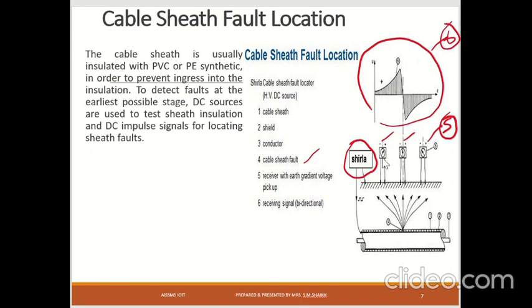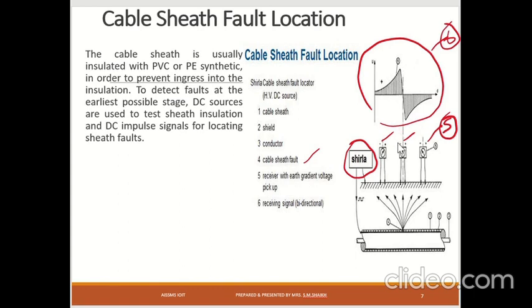So this is also very well depicted by the bidirectional signal over here. So this depicts exactly how these receivers are getting the signal. So this is the voltage signal over here, and this is the distance on the x-axis. So if you see, the voltage signal goes on increasing where the fault is there. So where there is a fault, where the sheath is broken, there the signal is the maximum in both the directions, and then it goes on reducing. So where there is the fault, the signal is maximum at that place.